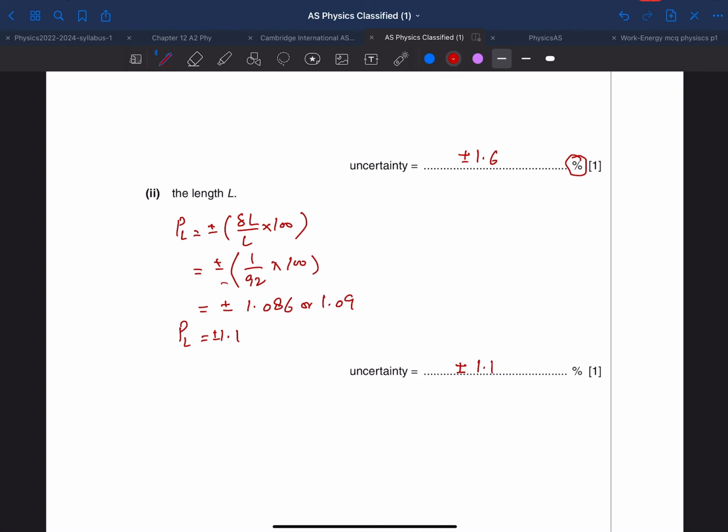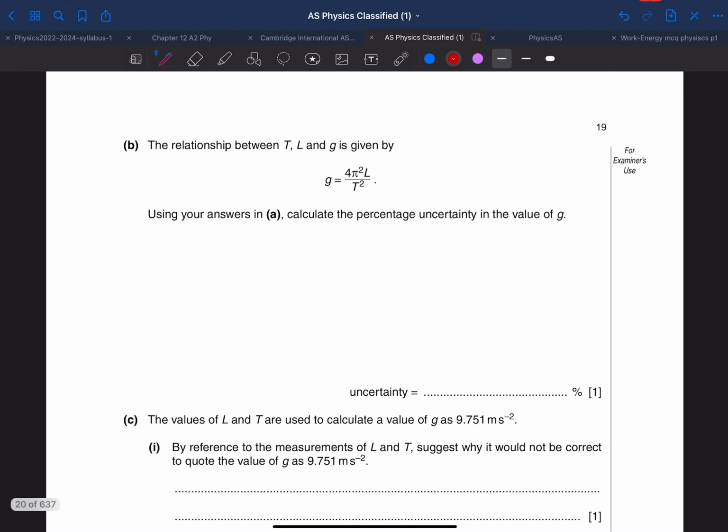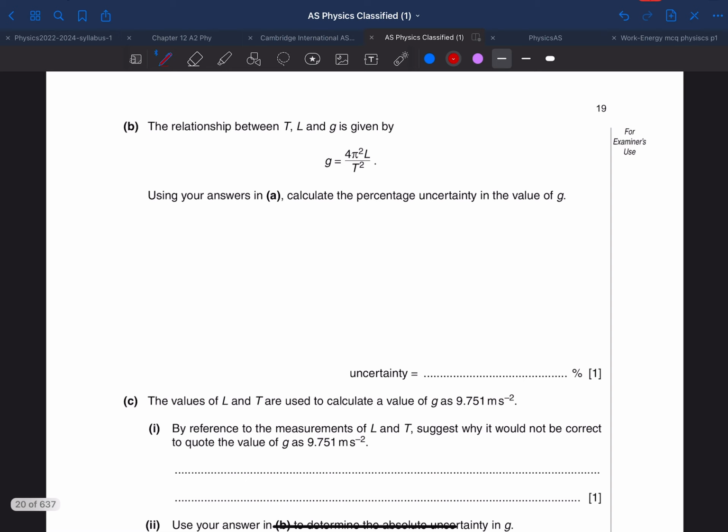Here is the continuation of this question. We have the relation between T, L and G given by G equals 4 pi square L over T square. Using your answers in A, calculate the percentage uncertainties in the value of G. So simply what you have, we know that